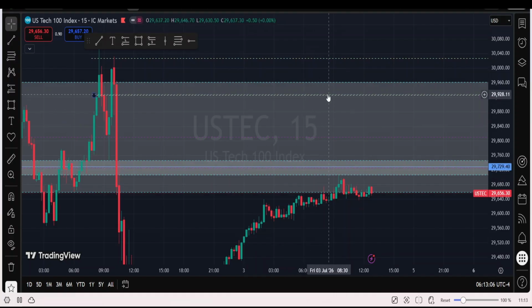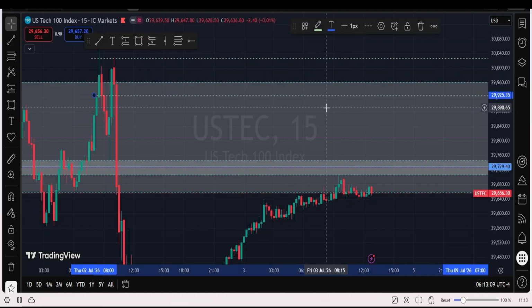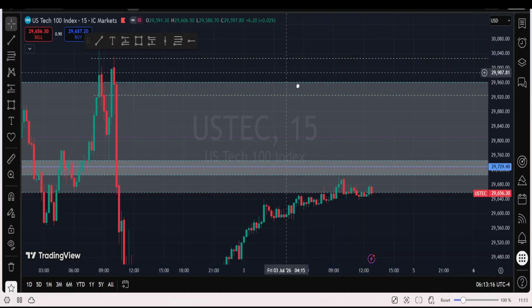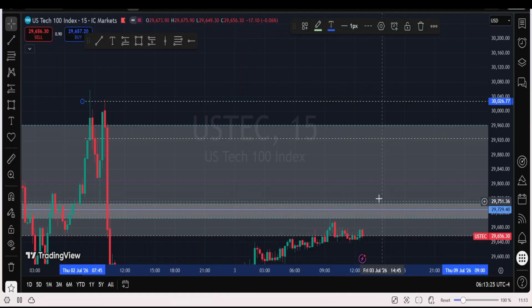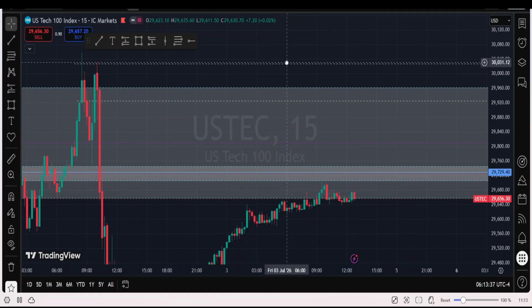But price has room to get to this level also, which is another liquidity pool using our lower time frame, or may actually get to this level, which might act as an area of liquidity pool. What can you see here? What we normally call maybe a double top. So liquidity lies on this level. We want to see price respecting the zone first and give us a reason to sell. But if the level is not going to hold for us to sell, price might return to this level because institutional order flow is somewhere here.